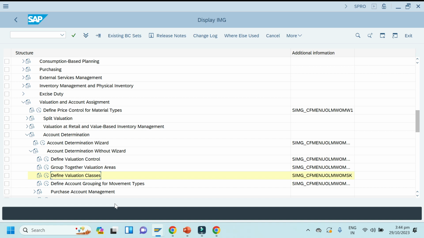One valuation class is assigned to only one account category reference, but one account category reference can have multiple valuation classes.